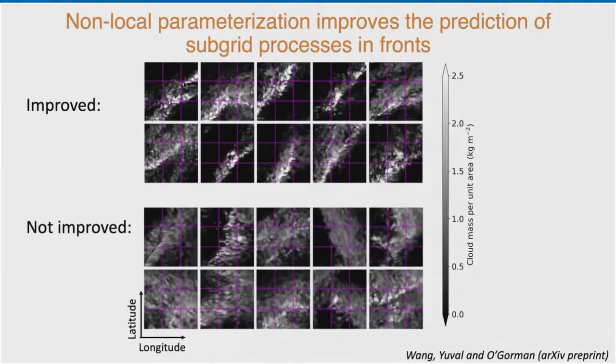To do that, we try to look at the upper panel, in these 10 snapshots, you see samples, inputs to the neural network, with colors indicating cloud mass per unit area. So basically white colors are the clouds. And we look at samples that were really improved. We could really improve the prediction of subgrid momentum transport when we use this non-local parameterization. Each box here is one coarse grid box, and the clouds are taken from the high resolution model. And below it, these 10 samples are taken from our set where we did not improve the prediction by using non-local information.